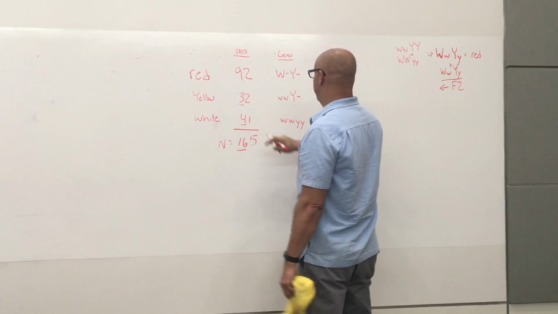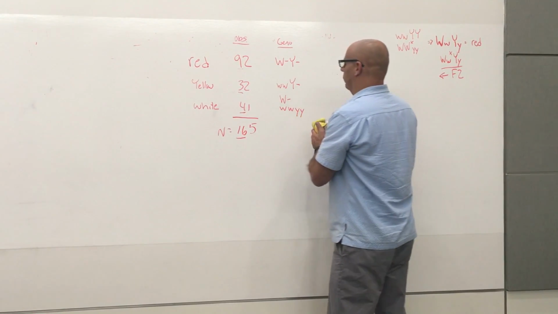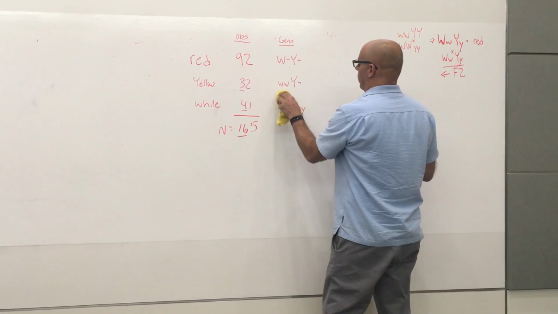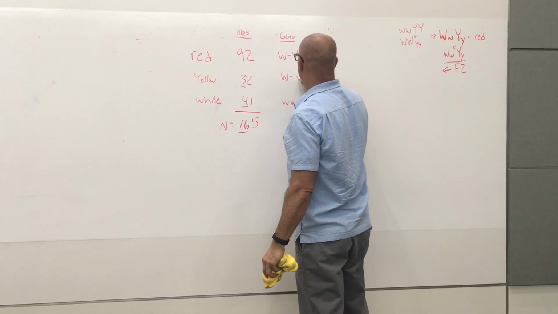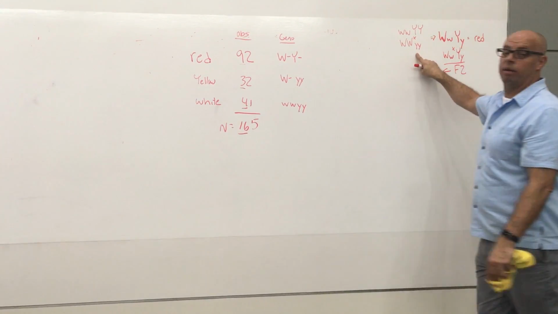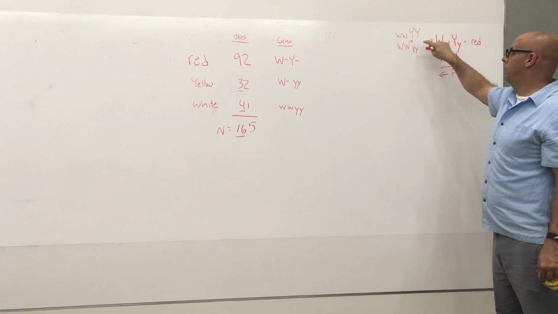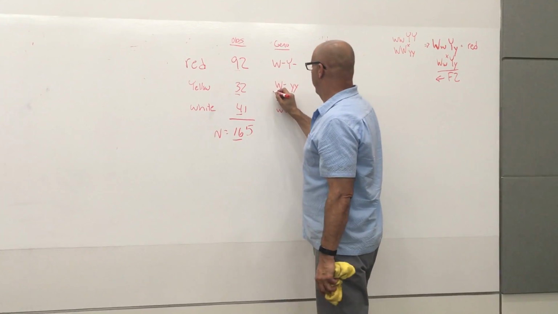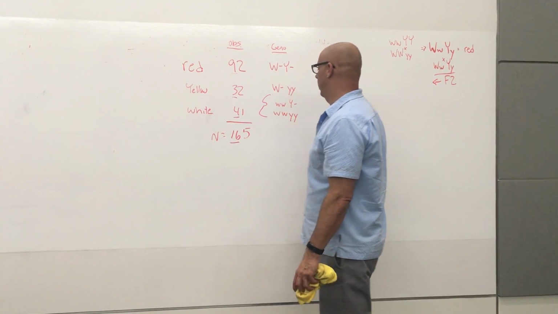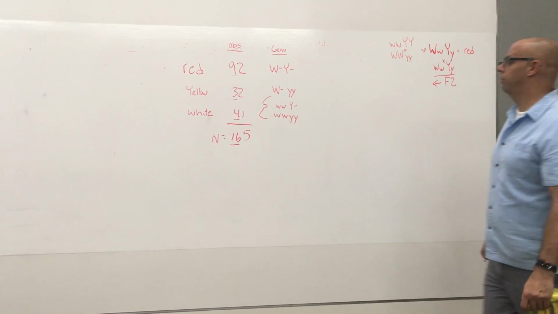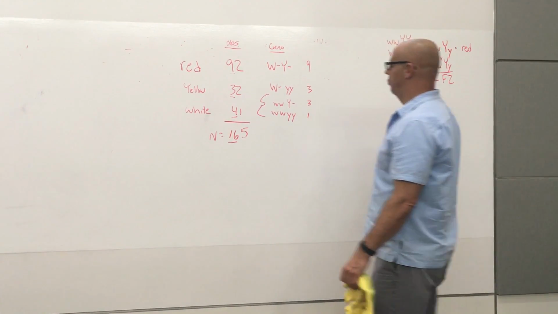And then now the 3 part of that one is big W, whatever, little y. Yeah, let's switch these. So this is big W there, little y, because that was the yellow one. This is our white-eyed, and we just mixed it up. This is our yellow one. This is our white-eyed one, this is our yellow one. And so now the 4 part becomes big Y, whatever, little y, little y. Okay, so now we have our genotypes. These are our 9, 3, 3, 1 genotypes.